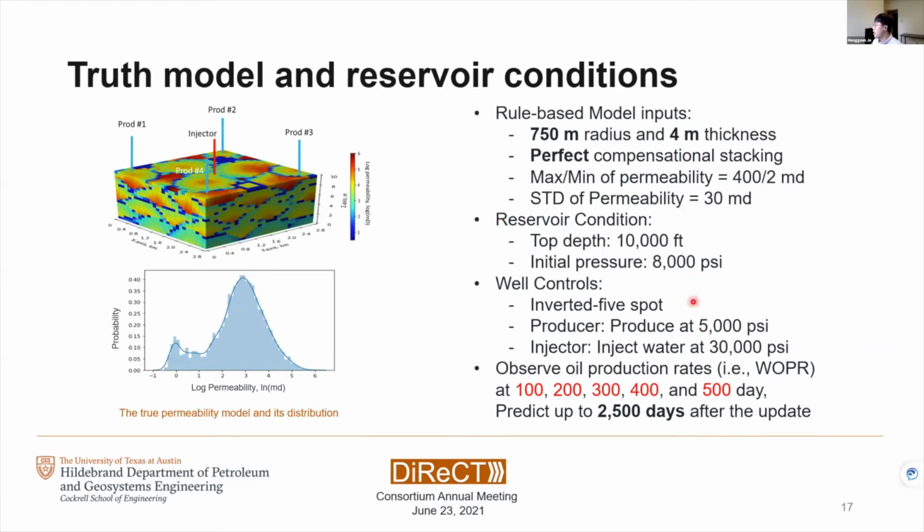And there are some more constraints for this reservoir simulation as well. We have one injector in the center and 4 producers in each corner. So basically, we are going to use the 500 days of WOPR in each of the 4 producers, and then we update our ensemble to predict the simulation up to 2,500 days.